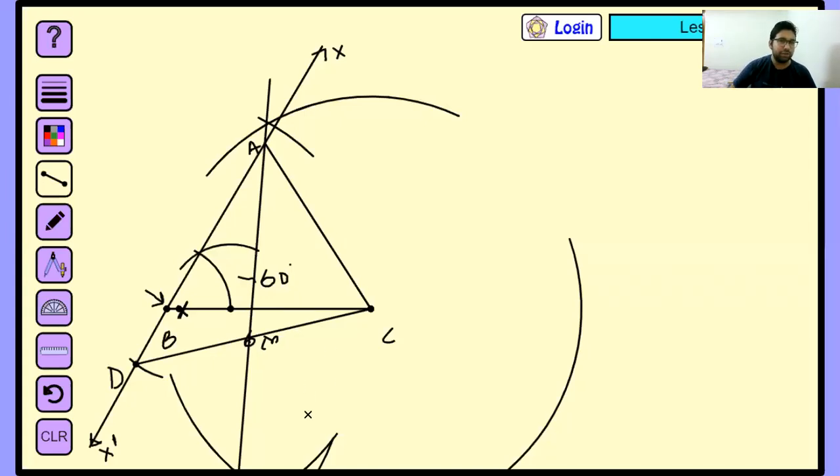Class, this time this AC is equal to what? Try to think. Utkarsh, what did you make the perpendicular bisector of? We have drawn the perpendicular bisector of DC and A is lying on that. So AD equal to AC. My diagram is a little bit wrong because of this dark area. AD is equal to AC should come in your figure. Okay, at home you can try.